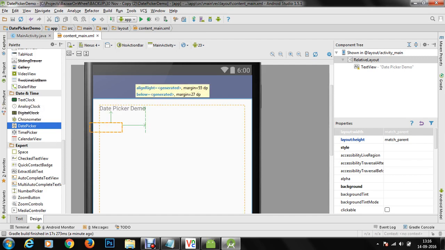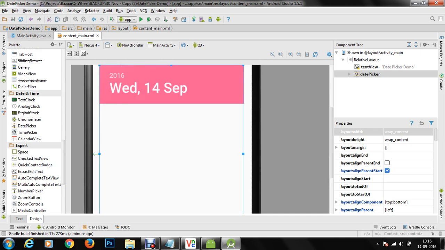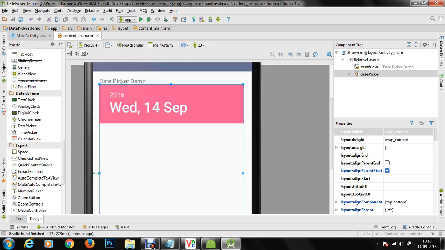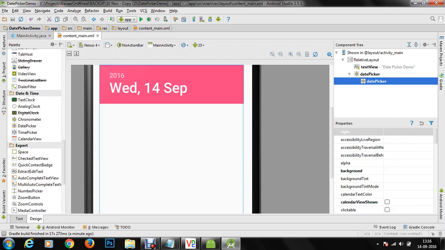You can drag the date picker control here, and you can drop the date picker control within your application. So this is how your date picker control is available. Within the component tree, you can see that the date picker control is a combination of two things. First is a layout, and second is the style information, and the date information is available here.